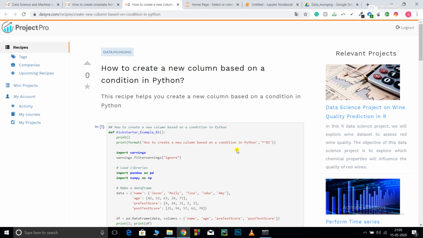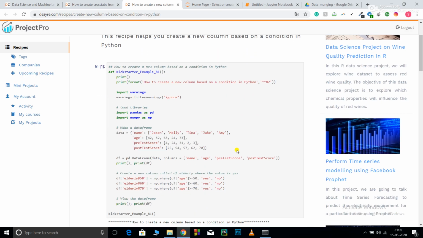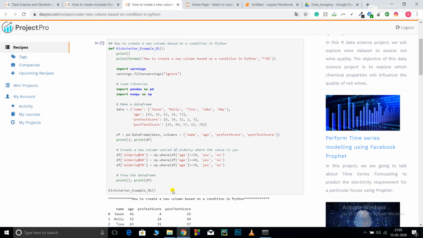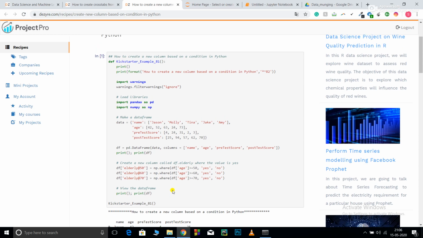In this video, we are going to learn how to create a new column based on certain conditions in Python. Sometimes at the time of data pre-processing, or generally in feature engineering, this is a very crucial task. In feature engineering, you add new columns or create new features to make your data more meaningful, and it also increases the accuracy as well as the score of your model. There are some general conditions on which you create this new feature. This is where this comes in handy.